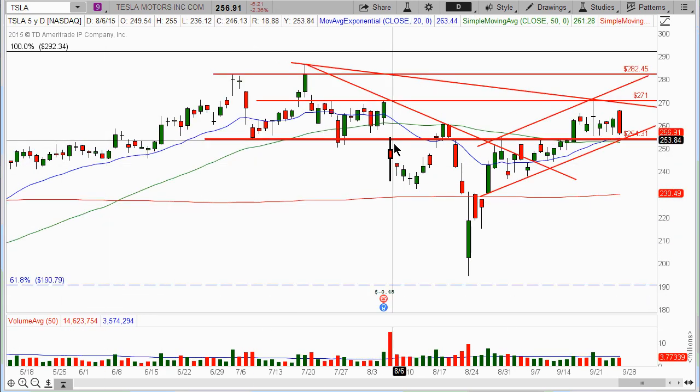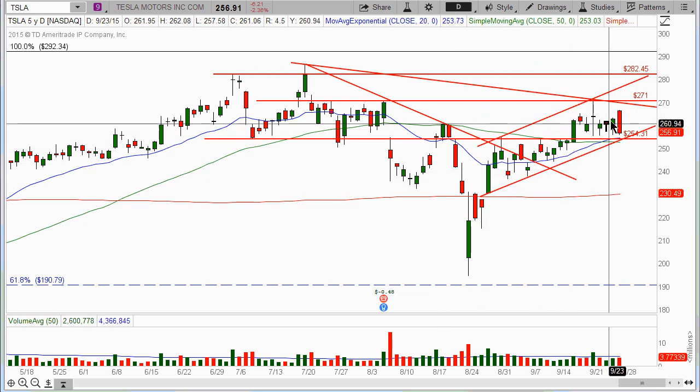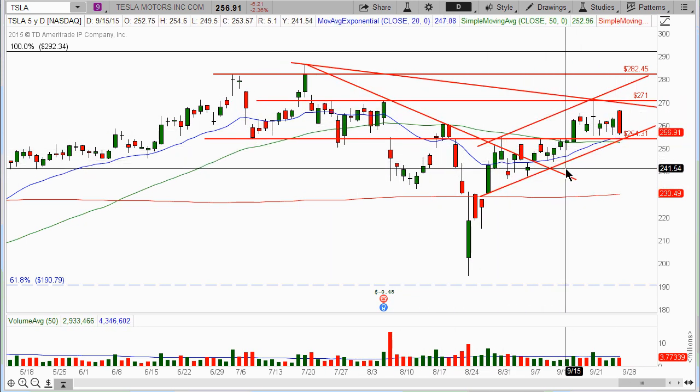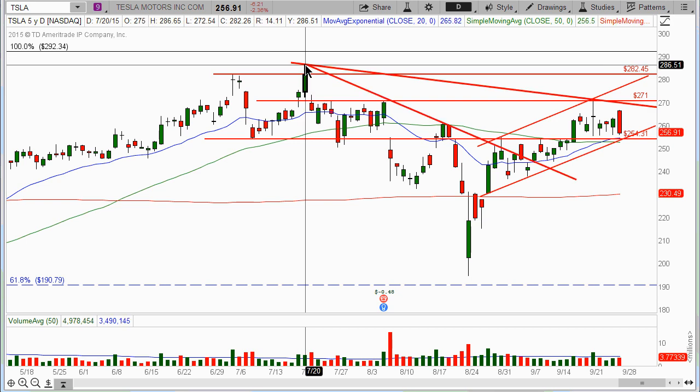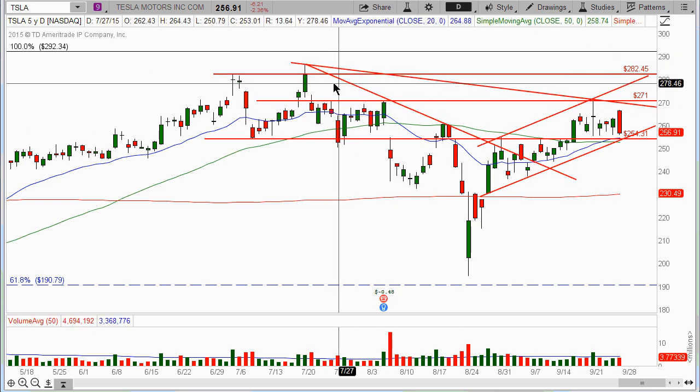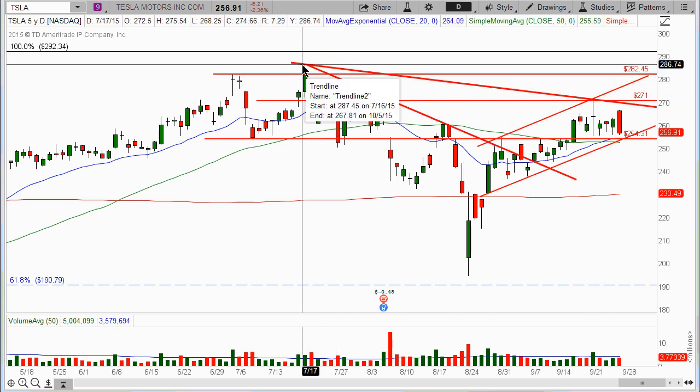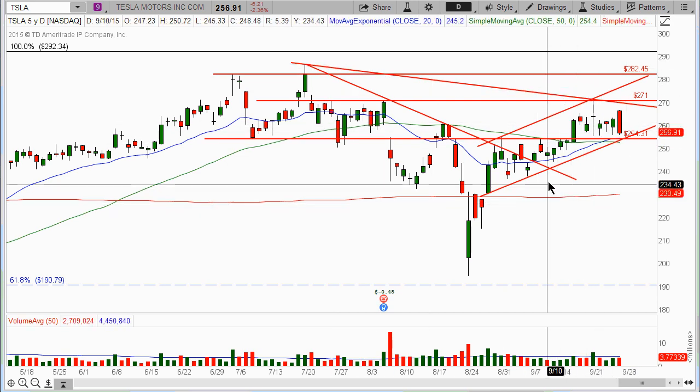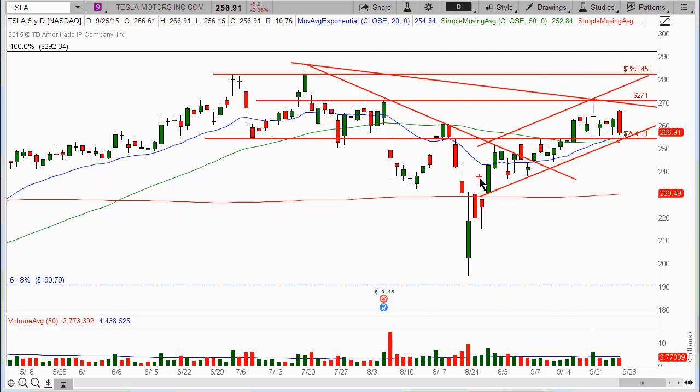Okay, finally, let's take a look at Tesla. Tesla has also been kind of trying to get back up to its high here at, what's that, the 286 area, 286, 287. See that I also have a little channel coming in here. And if we get back above this 271, there's a possibility to get back up to this